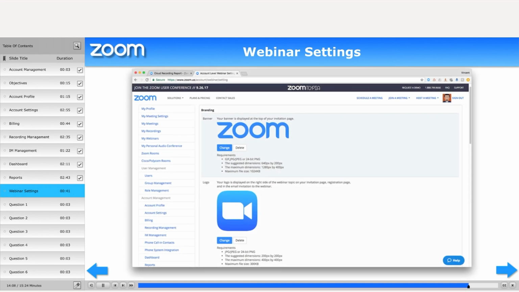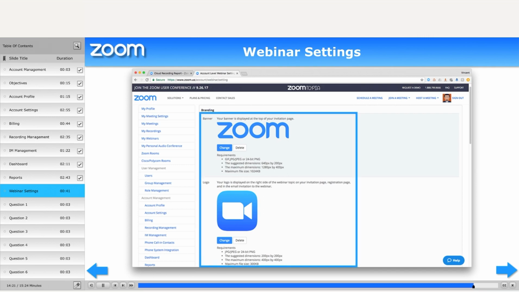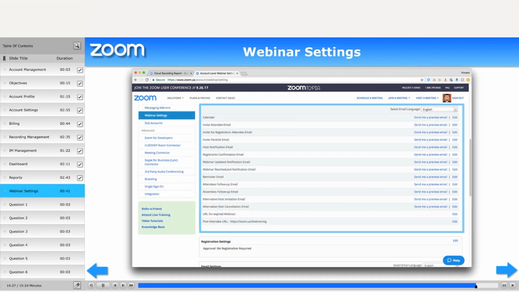Although individuals can always make changes to their webinar settings, as an administrator, you can set the default settings for webinars, then users can change them on a one-off basis as needed. You can upload the default banner and logo, which will be used on the registration page and confirmation email. You can then edit the various emails that are sent out as part of the registration workflow, including follow-up emails